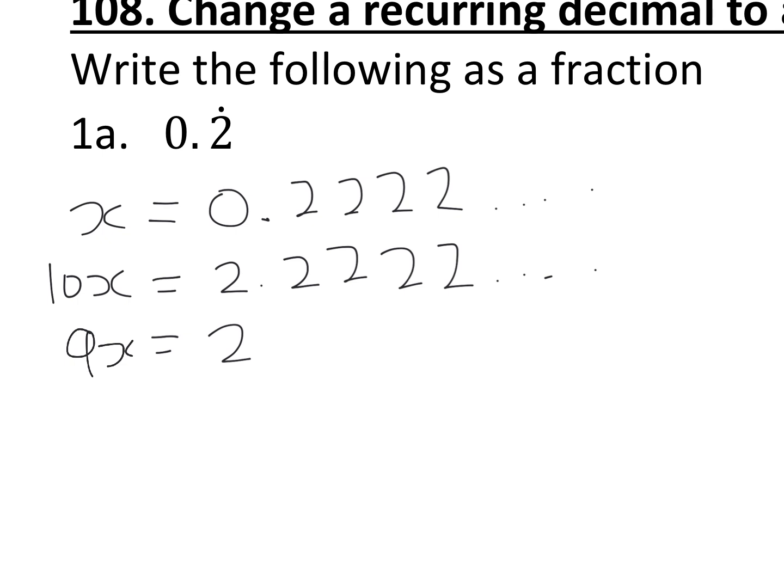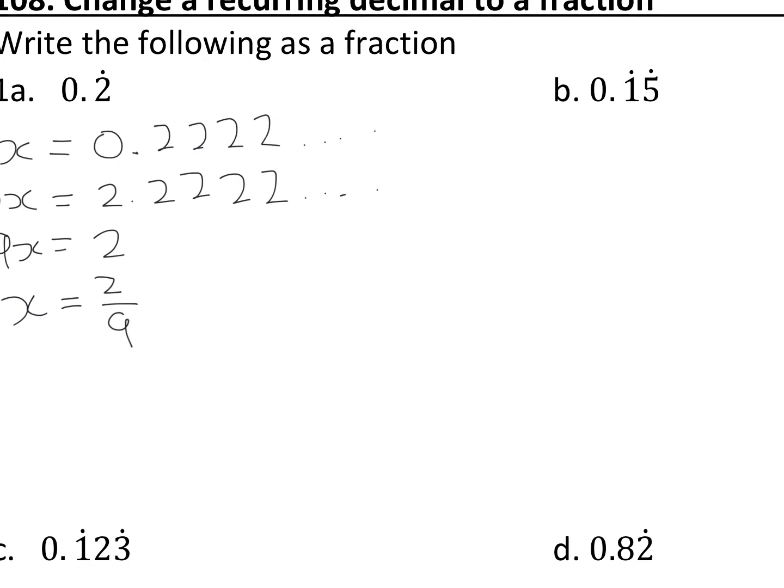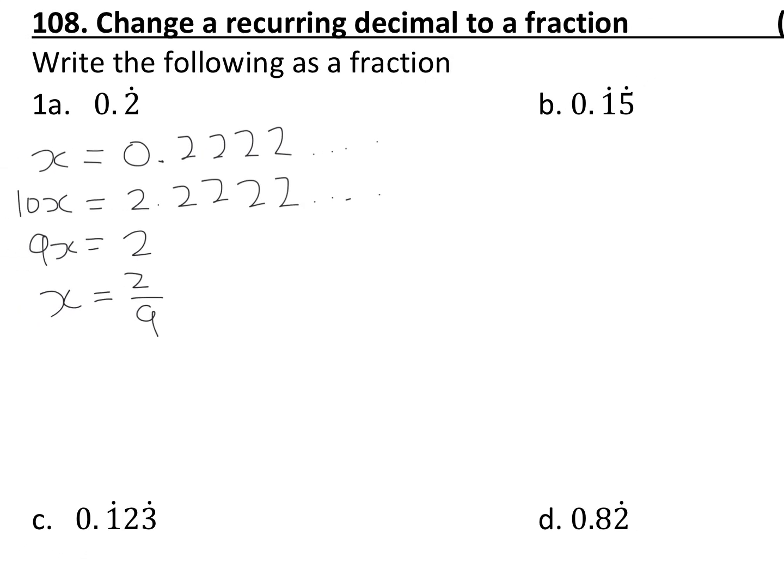Now we have a nice equation. 9x equals 2. Divide both sides by 9, and you get x equals 2/9. And you might have noticed already, or knew already, that 0.2 recurring is 2/9. But now in a sense you've actually proved it, or you've shown it. That technique we're going to use again in part B, so we put them beside each other so you can see them. So part B, we first of all define x to be